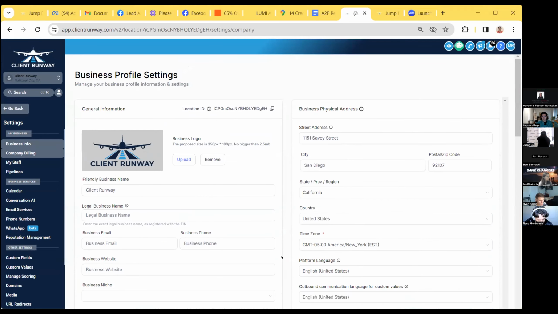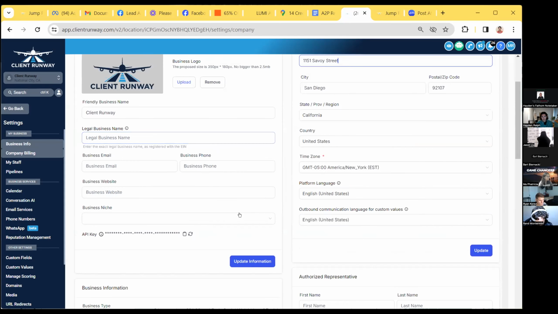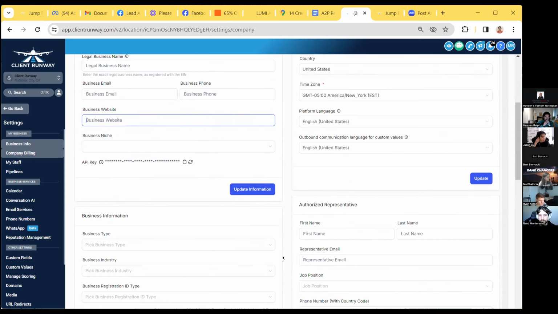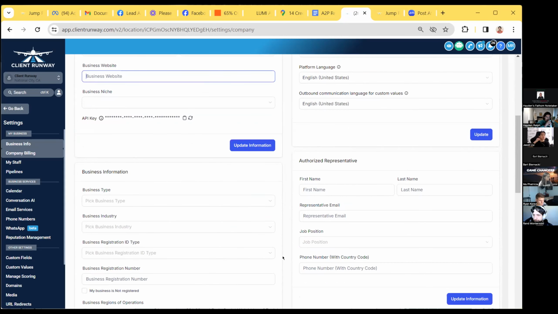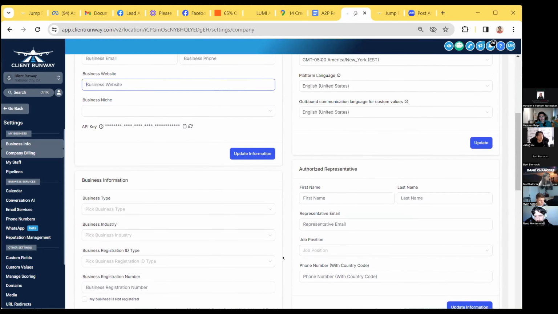We need to make sure that all information matches what they have in the tax form or CP575 form, especially the address and the legal business name. Also the website: we need to make sure the address is the same as what we have on the website, because some Twilio representatives reject that as well.